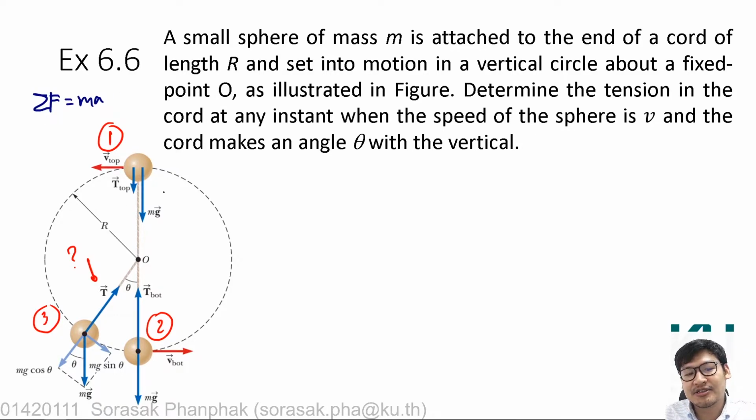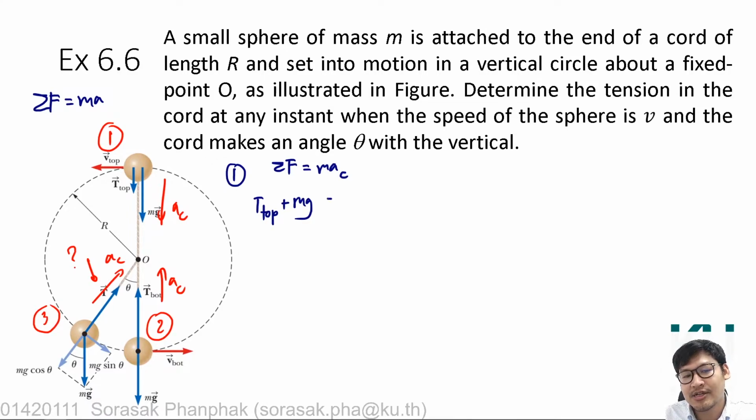And you know the centripetal acceleration that is involved, and also the mg, and this can be used to explain every position. So what about the position at the top? If you use Newton's second law, sigma F equals ma, which in this case is a_c, you will get the net force is T top plus mg, because it's pointing in the downward direction, equal to mac. In this case, you got T top is equal to